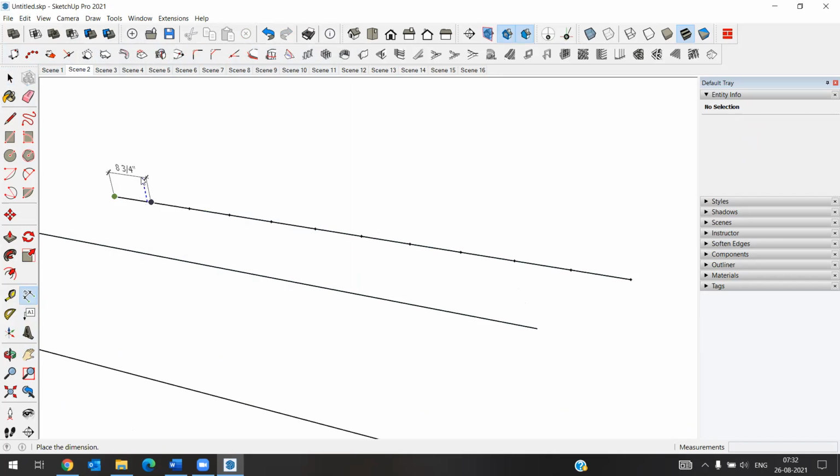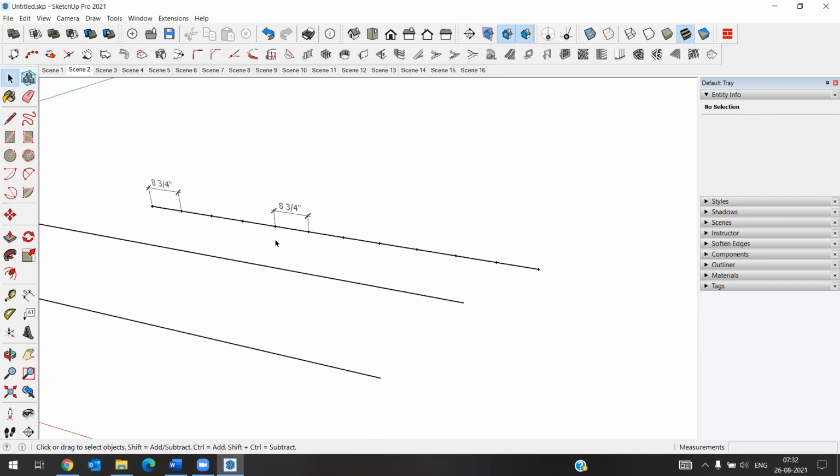See here, 8, 3 by 4. So each part came 8.3 inches. Okay, 8.7 inches. So in this way, we will divide the edges.